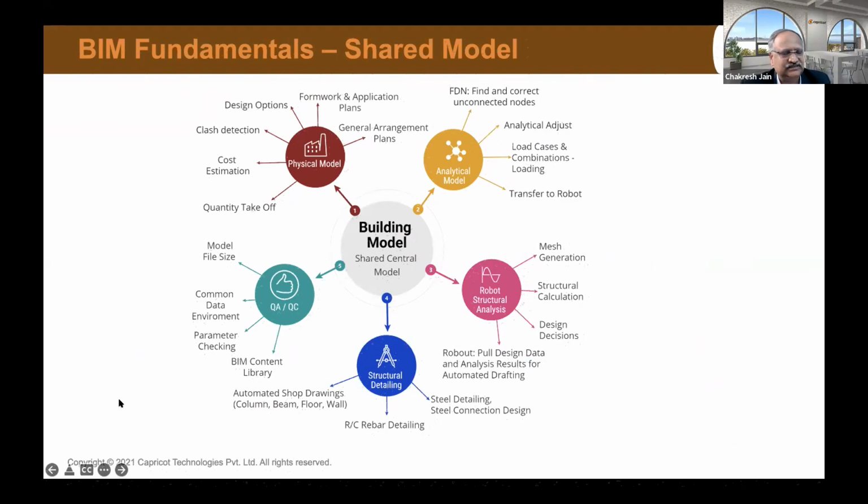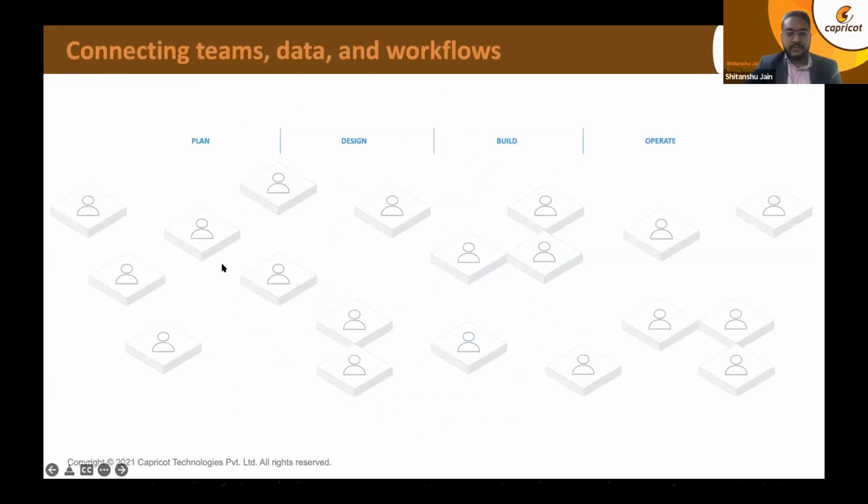And more processes now are moving from what I used to traditionally do on my desktop to a cloud kind of a thing. So today I'll not take much time. I just wanted to leave everyone with this thought: the basic question I wanted to address was how do I improve the productivity of my team, myself, my organization, and the industry. To do that, one of the big solutions available today is a centralized data approach, or CDE, the common data environment. So with that, I'd like to hand over to the next person. Shitanshu, back to you. Yeah, thank you.